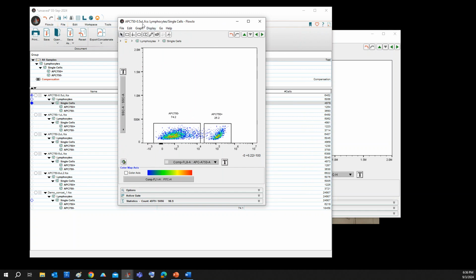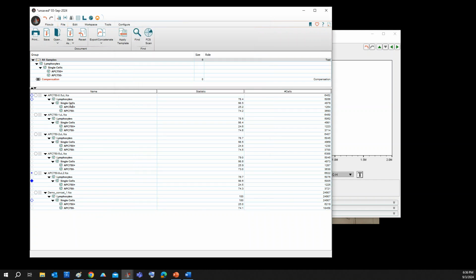You see now it's 0.5 microliter. If I click here, it's now showing 1 microliter, and I see at 1 microliter my gate is okay. So I'll check all the other samples. 2 microliter is fine, 5 and 8 are fine. So my gating is fine. And what I'll do, I'll find out the stain index for all the samples with different concentrations of APC 750